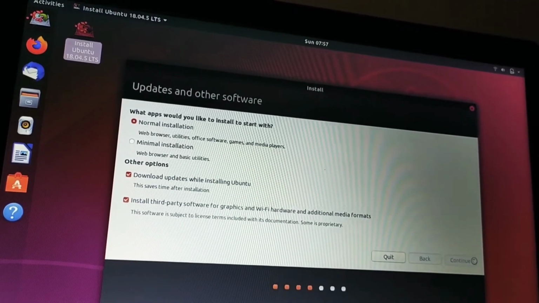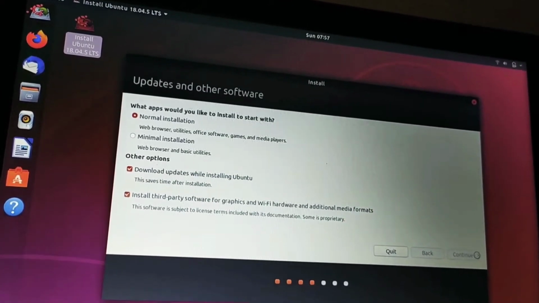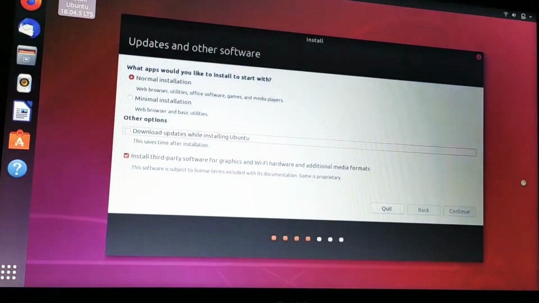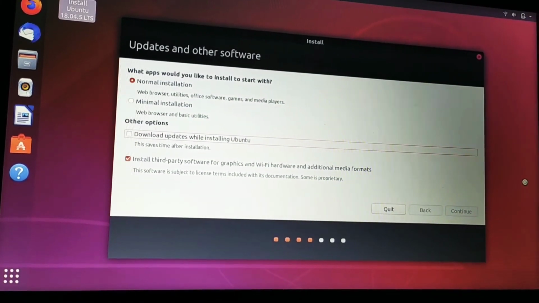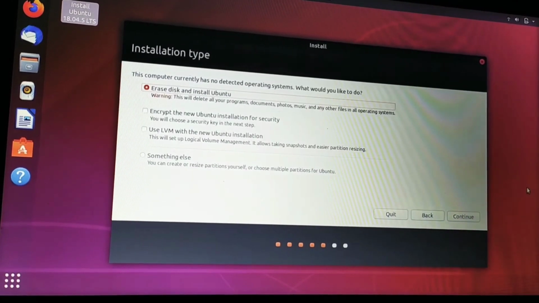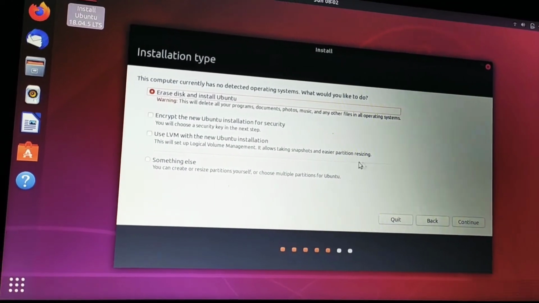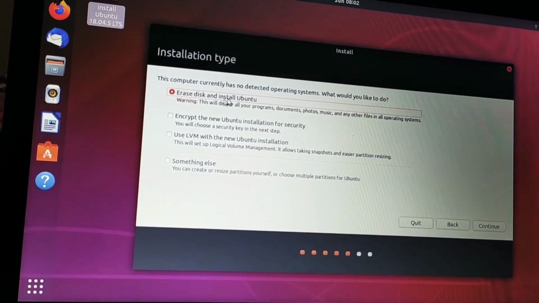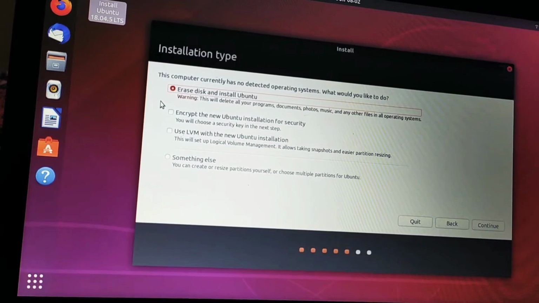So it will take some time and we'll wait. Actually this laptop is very clean. It doesn't have any documents or any important content.